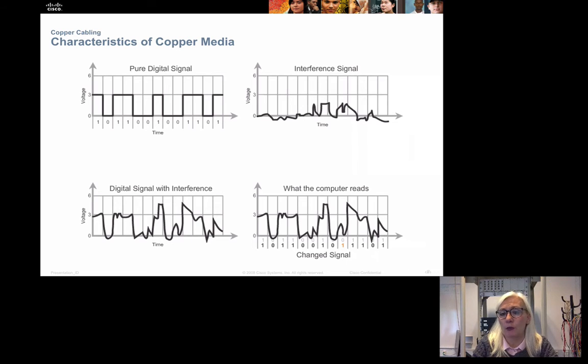And when we have a lot of interference, we can see that the bits in the signal could actually flip from a 0 to a 1 and from a 1 to a 0. And then, of course, what we are sending is wrong. So we need to make sure that we don't have a lot of interference when we are sending data through